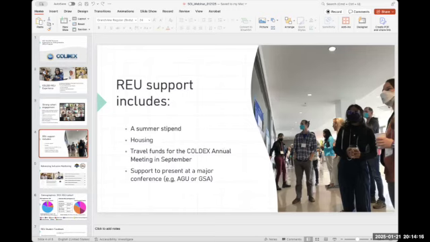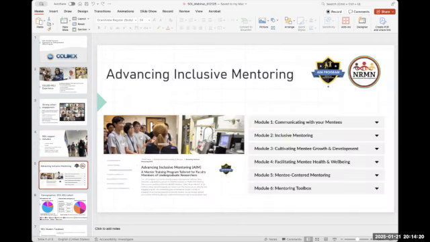And starting this year, we're enhancing the program through some mandatory mentoring training for all REU mentors, really to just further ensure that our REU students are receiving really high quality mentorship. And we hope that that really just continues to build on what we already have going to create a really welcoming and equitable research environment for our REU students. A core goal of the REU program is to broaden participation in the polar sciences, and I am proud to say that